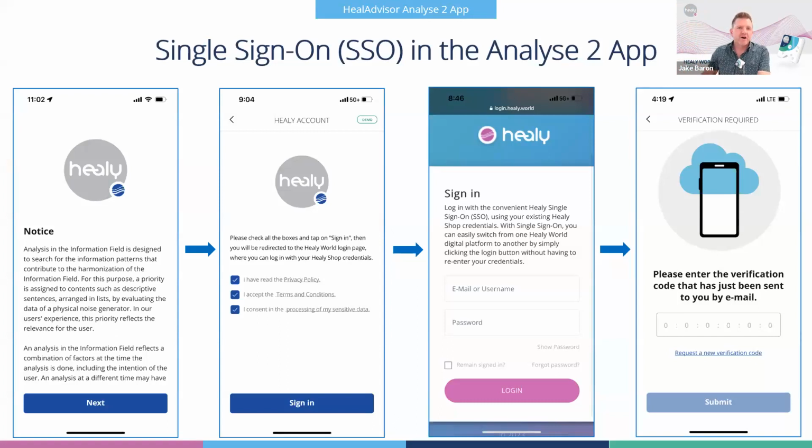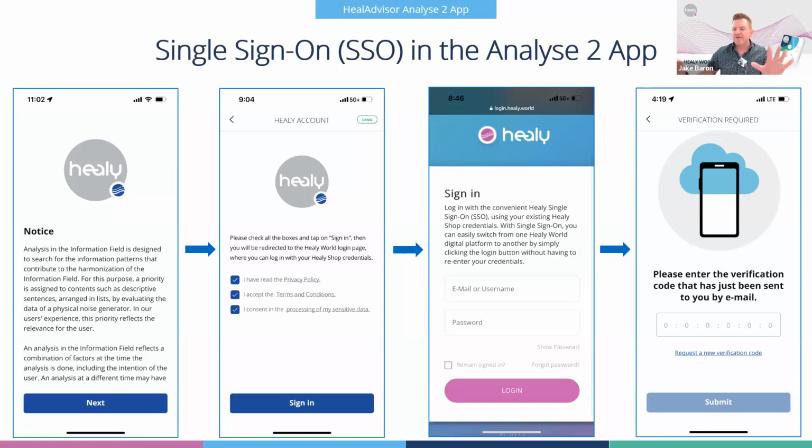If you were to install the Analylse app on a new device as well, say you installed it on an iPad, you normally use your iPhone, you got an iPad, you install it there, it would be the same process. You would install the app, sign in on this new device, and then it would send the verification code. And then you'd have all the data that you've been using on your iPhone in the Analylse app on your iPad or whatever device that you are moving over to. So it's a simple process once you get used to it.